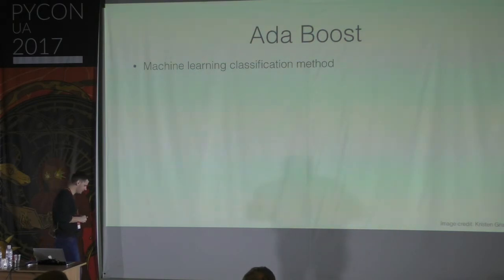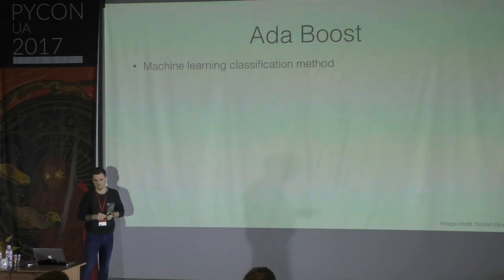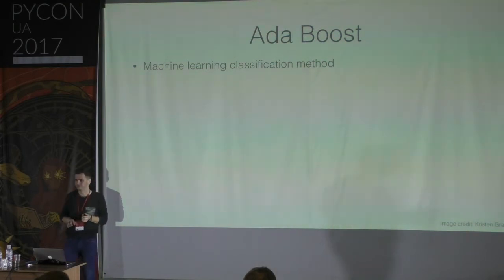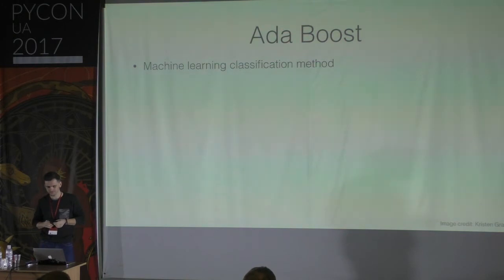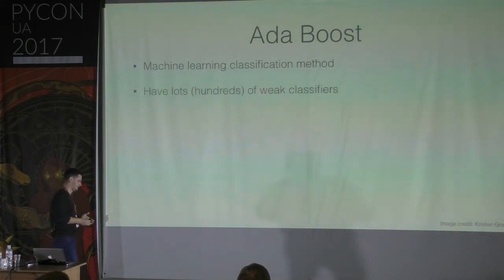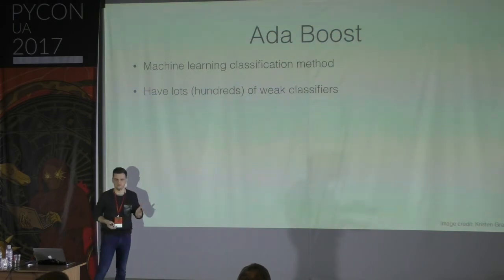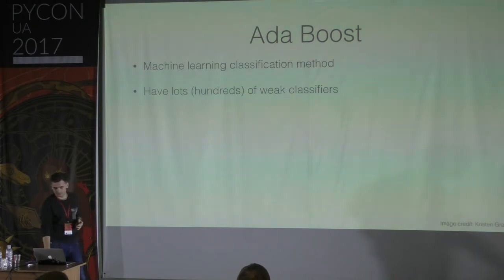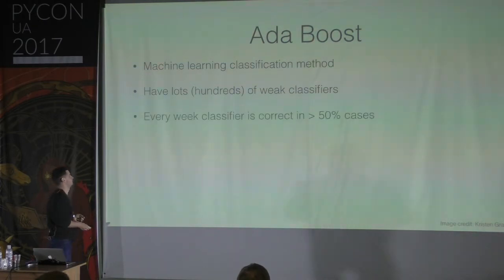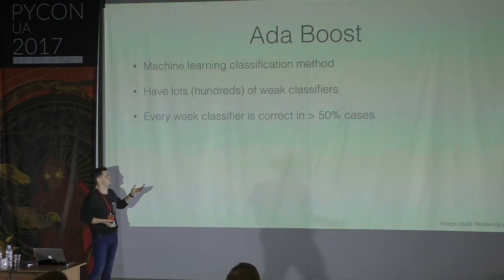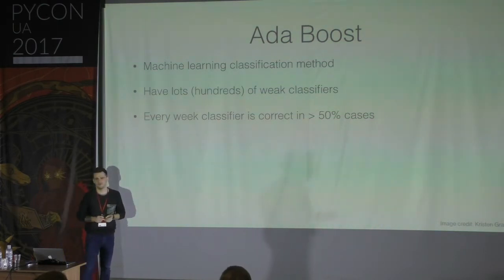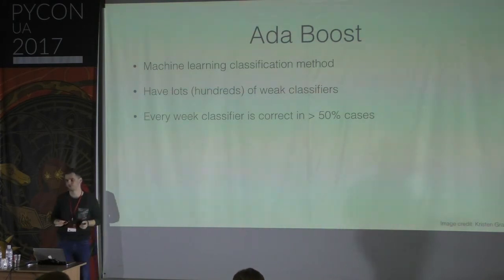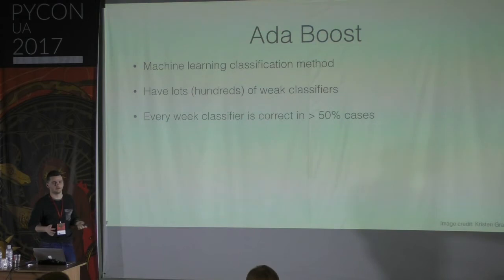So the next technique I'm going to talk about is a little bit from machine learning, but computer vision has a big overlap with machine learning. It's called AdaBoost. It's a classifier, and it's not just a simple classifier like, I don't know, sigmoid or something. It's a combination of lots of classifiers. These are weak classifiers, and they are called weak because they're not good. They are correct in just slightly more than 50% of cases. Maybe 52% of cases is already good enough. But we have lots of them, like hundreds or thousands.